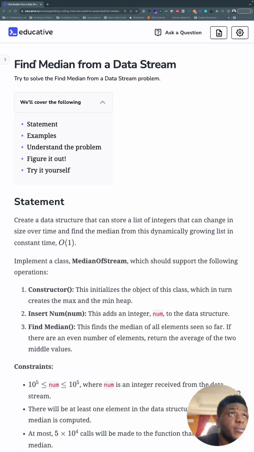We are finding the median from a data stream, and here's the problem statement. It's worth reading this one for once. We want to create a data structure that can store a list of integers that can change in size over time, and find the median from this dynamically growing list in constant time, O of 1. The task is to implement a class, MedianOfStream, which would support the following